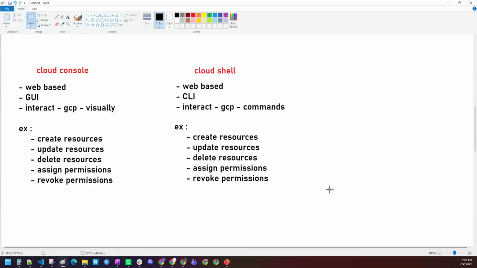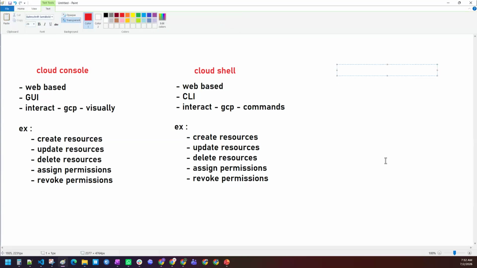So you have a cloud console, which is a graphical user interface. You have a cloud shell, which is a command line interface. And what is the third method, guys? Tell me, what is the third method to interact with the GCP services?